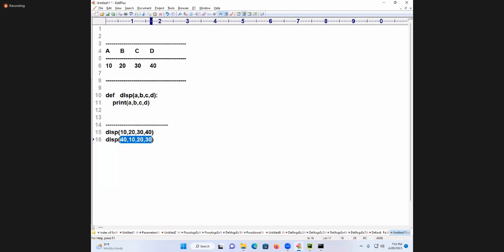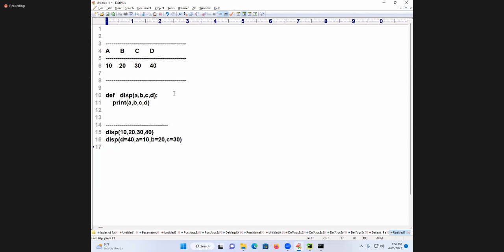Now, irrespective of the order you pass it, I must pass the data accurately. How do you pass it? D is equal to, next A is equal to, small letters, whatever you are using. Come on. A is equal to, B is equal to, C is equal to. What is this concept? Yes. What is the keyword arguments concept? Whatever parameters you use in the function heading, the same names are used in the function call as arguments. It looks like a key-value pair. That's why they are called keyword arguments. Got it?